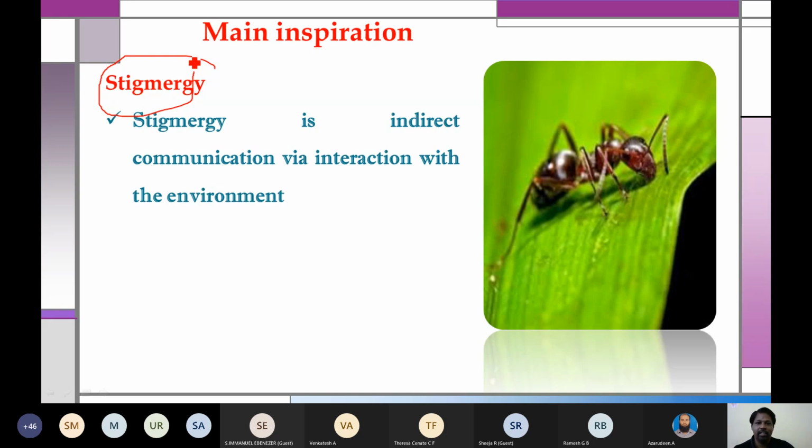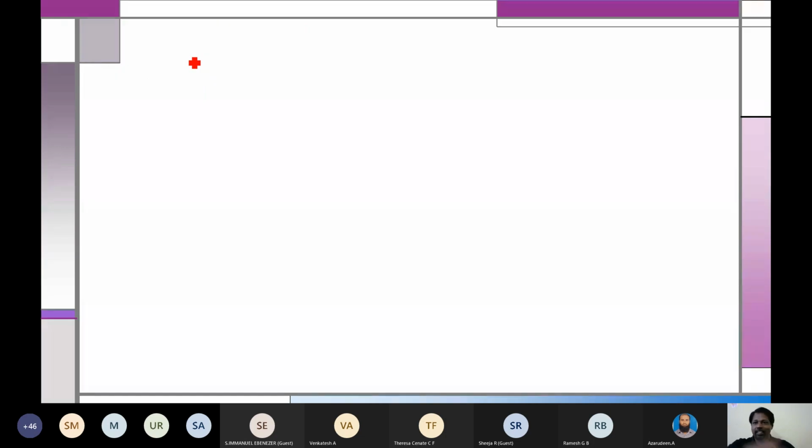I'll explain with an example. For example, I'm sitting in the extreme northeast, in Silchar. My hometown is in Kanyakumari. If I want to go to my hometown, I book flights and all that. But I'll just make a call to my parents and inform them that I'm coming. Right? That's the normal procedure I follow. Worst case, I can send an SMS or a WhatsApp message. Very rarely people will mail also. But whatever it is, this is direct communication, right? I'm calling them and telling them that I'm coming. Either by call or by WhatsApp or by mail, it is directly communicated that I'm coming. So that is one type of communication.